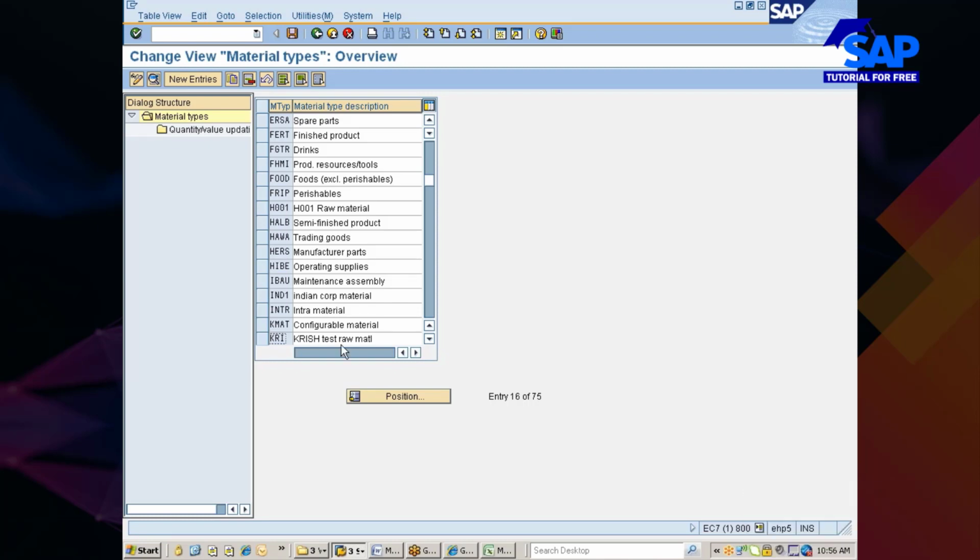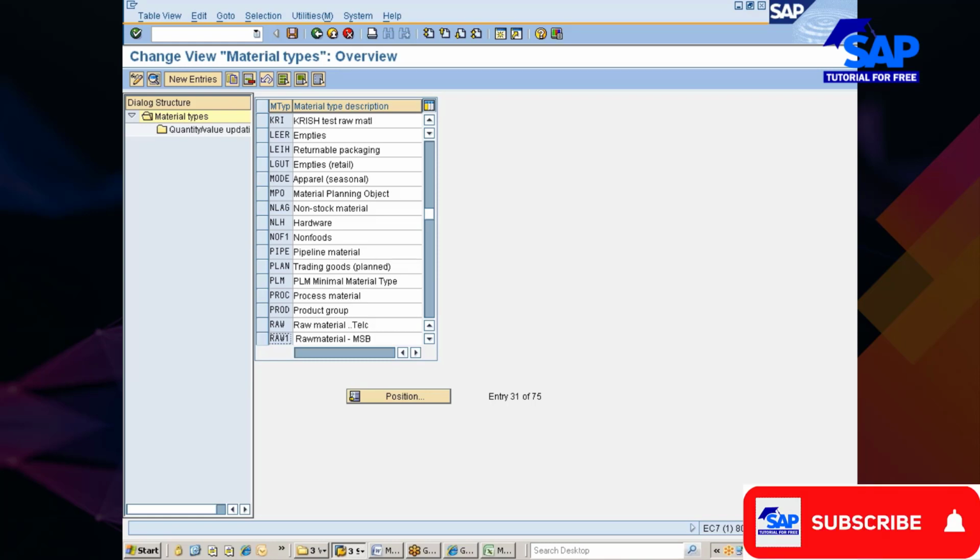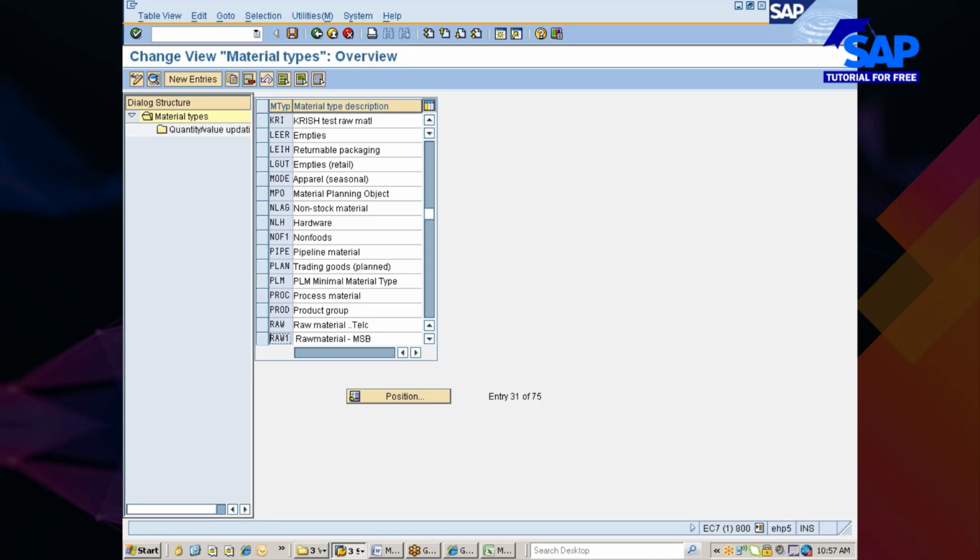Okay, and then you have something called LEIH, empties. You know what is LEIH? The soft drinks that we drink. After that, we give back the soft drink bottle to the shop guy. That shop guy in turn will return the same empty bottle to the company. Such empty bottles, after the liquid is consumed, whatever bottle that you see, belongs to empties.